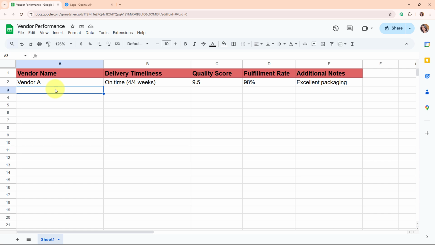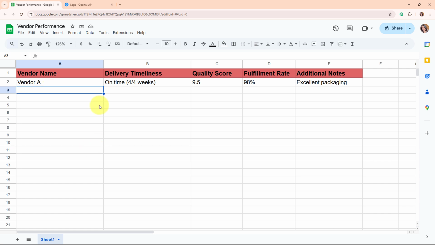In this video, I'll show you how to automatically analyze vendor performance data using AI agent and get a smart summary delivered straight to your inbox. It's a great way to save time and make quicker data-driven decisions. Alright, so as you all know that as a procurement officer, I regularly update vendor performance data in Google Sheets like delivery times, quality scores or fulfillment rates. So now instead of manually reviewing this data every month, I built an AI agent using Pabbly Connect and OpenAI.